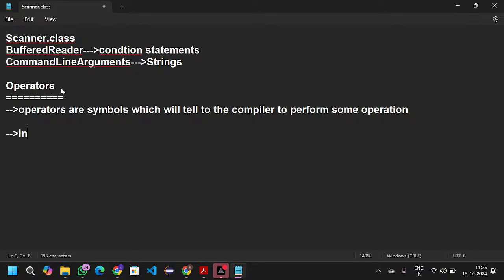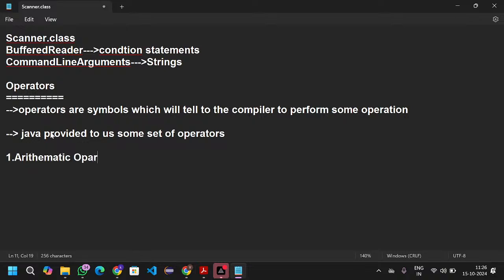Okay, in Java, I would say Java provided us some set of operators. So what are the operators Java provided to us? Generally, first, arithmetic operators, and